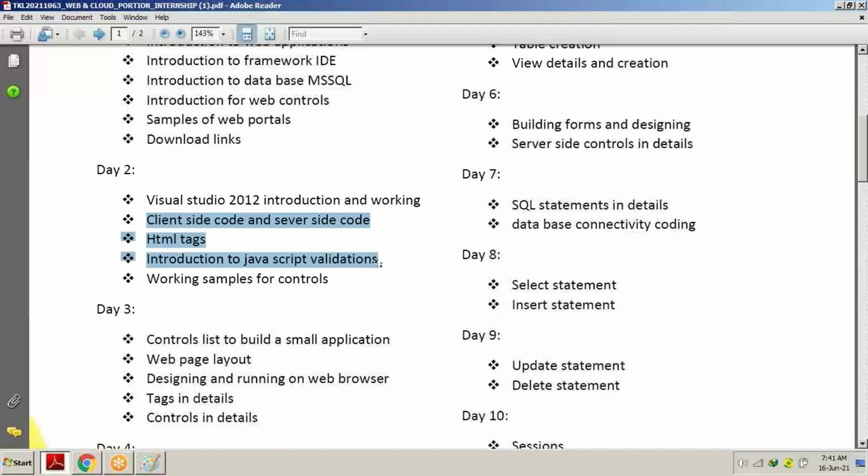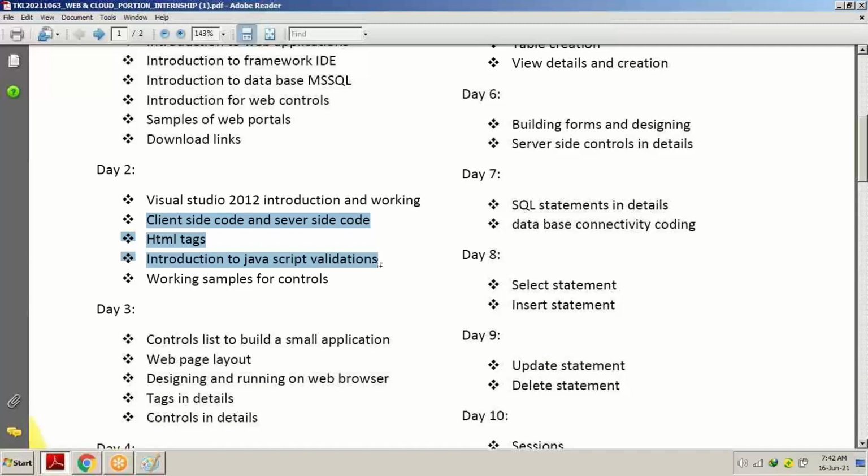In client-side code, we're going to use HTML and JavaScript. Basically, client-side code is used to design the page we see and make the experience better for the user. And server-side code is used to interact, to talk between the server and the user.